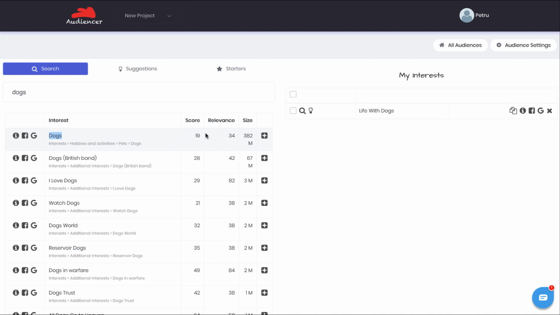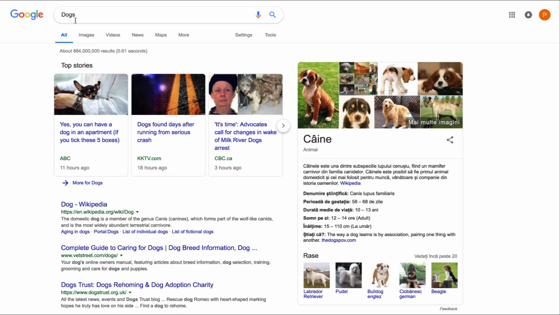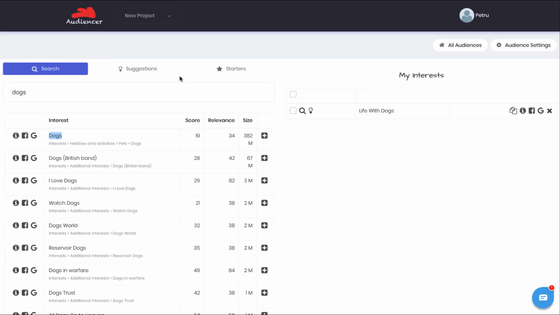So if you click on the Insights button, the first button on the left, it will take you to the Audience Insights on Facebook, and this one will do a Facebook search, and this one will do a Google search. Let's click. So you see, in the case of dogs, this is not really relevant, but if you happen to find an interest that you don't know what it is,